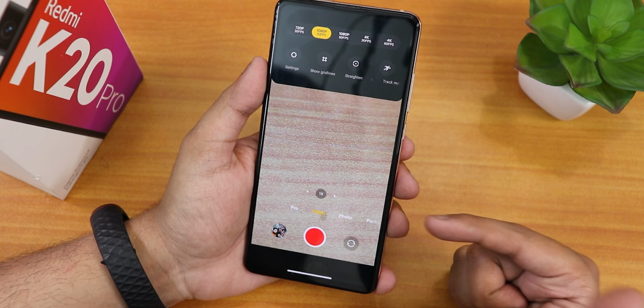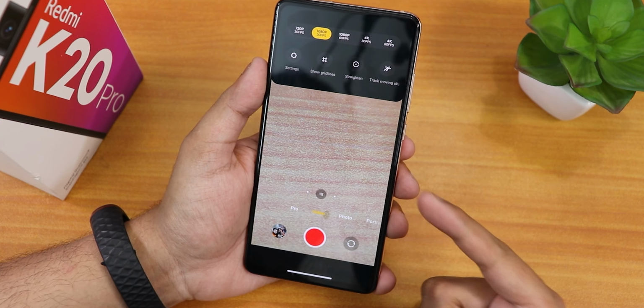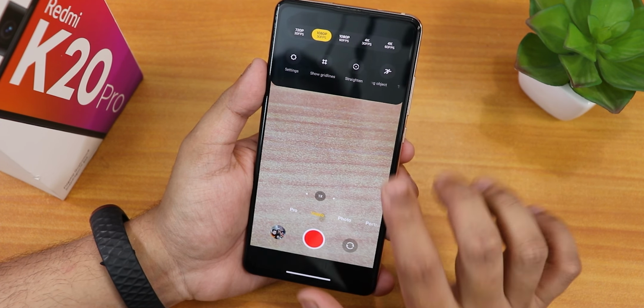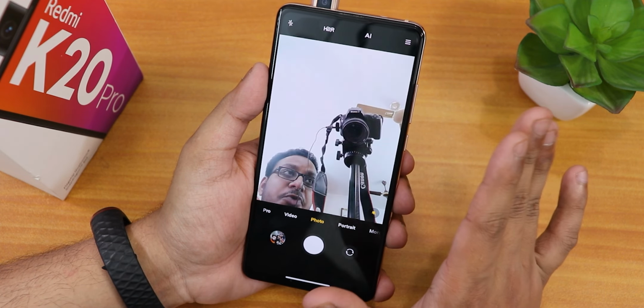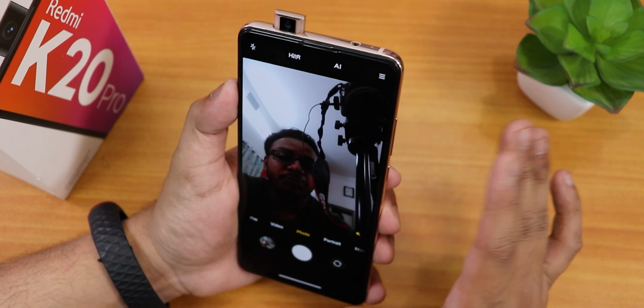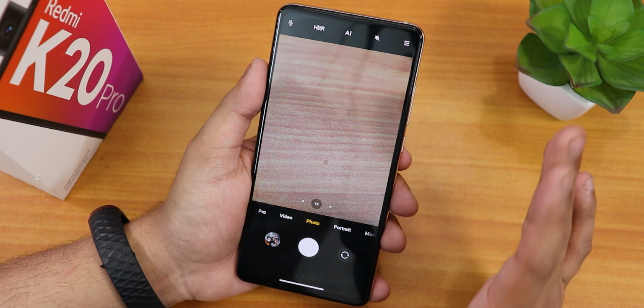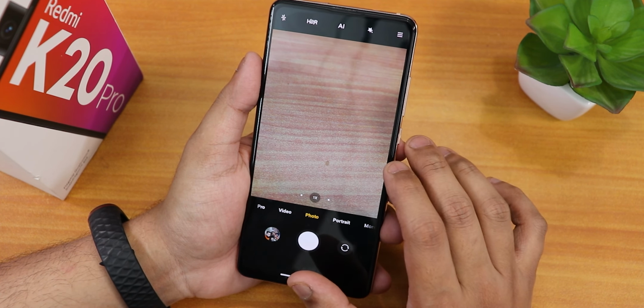If you want to install this ANX camera version 185R with Magisk on your device, you can click on the card right there or check the description for the guide. Also the front camera and stuff, everything is working with the ANX camera, as you are noticing. So overall, I would say you will face no issues with the camera here if you install ANX camera.